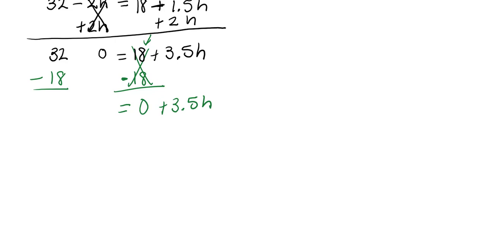And then on the left-hand side, we have 32 minus 18. Well, we can borrow from this 2. This becomes a 12. We can borrow a whole 10. So 12 minus 8 is 4. 2 minus 1 is 1. So now we have 14, or we write it 14 equals